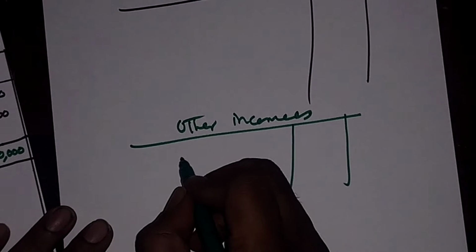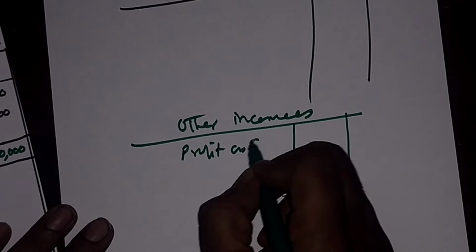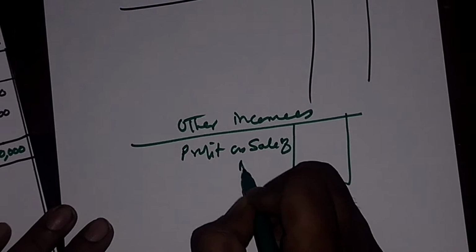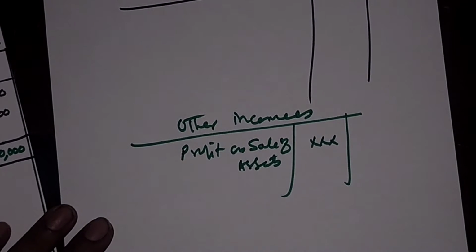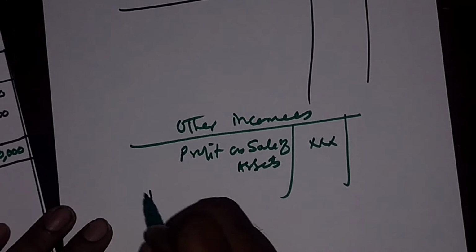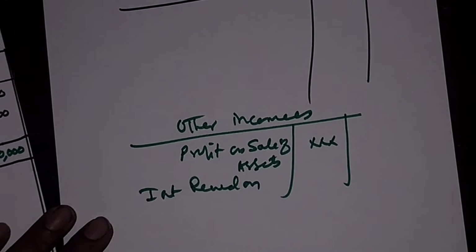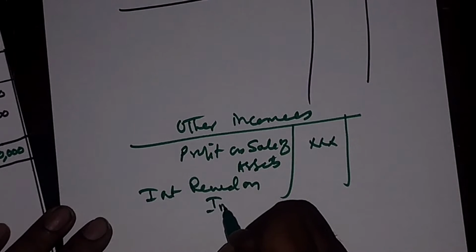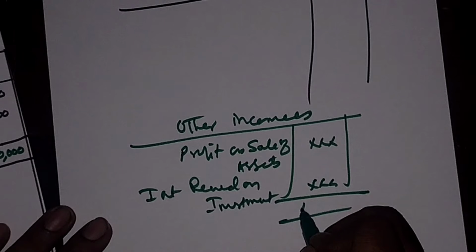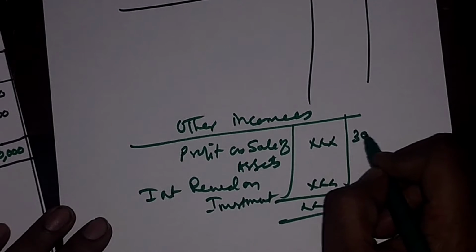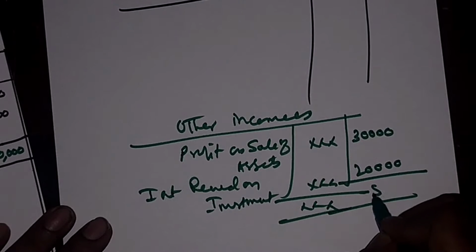In this other incomes, I can write it is the profit on sale of assets, some amount. Next one is the interest received on investments, like that. I should add it and bring it. For example, let me show 30,000 and 20,000, total I get here is